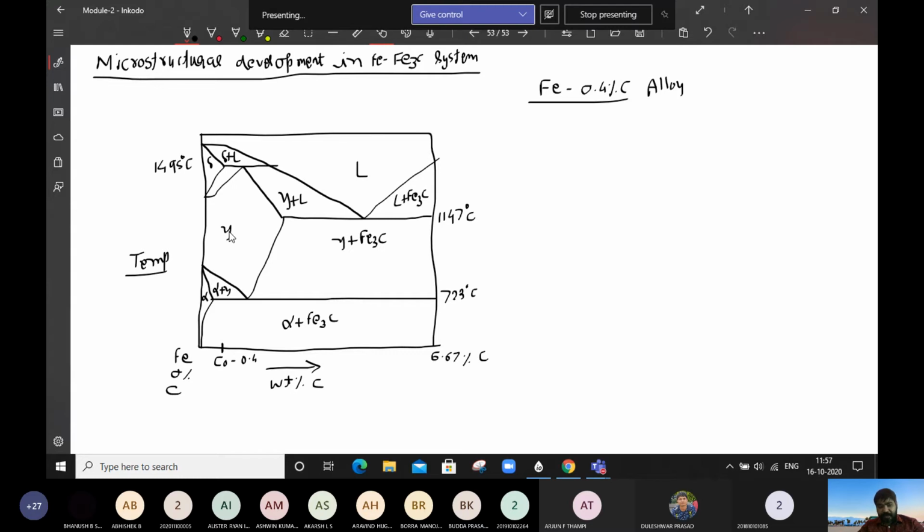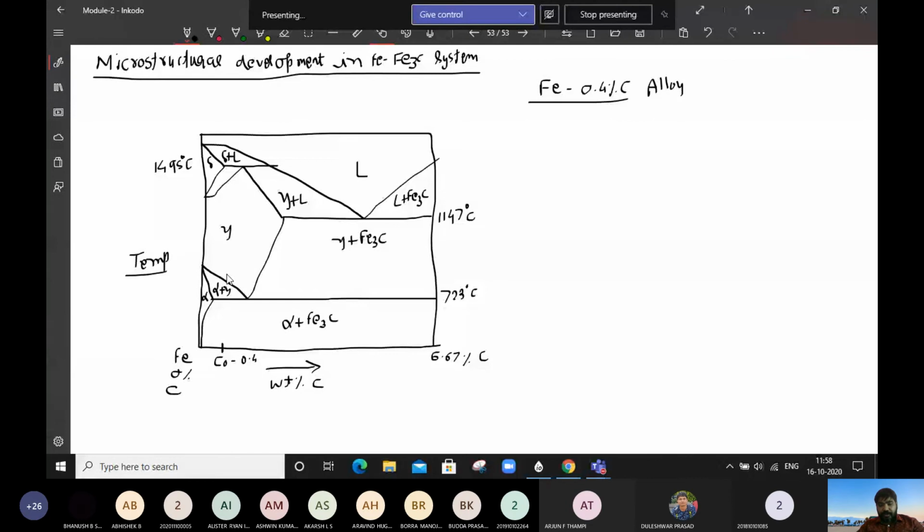Now again I am saying that in the iron carbon system, this is nothing but the iron carbide equilibrium phase diagram. Whenever I ask you to cool the alloy, you are supposed to understand that the alloy is cooled very, very slowly. Then only will equilibrium be maintained. So this is the drawback of the iron carbon diagram. Here we only get the required microstructure that we have plotted upon very, very slow cooling. That's why this diagram is also known as the iron carbon equilibrium phase diagram. It means we are going to cool all these alloys very, very slowly.